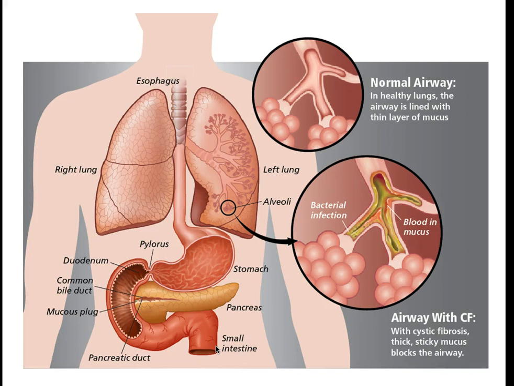And until that happens, or until we can find a way of correcting that mutation for the chloride ion channel, the lifespan back in my day was probably 13, 14. Now, with a lot of intervention, people with cystic fibrosis can live to their 20s and early 30s, but death is the ultimate outcome and with the progression of the disease, the person dies. And so on that happy note, that's the end of the pathophysiology on the respiratory system. Okay, so